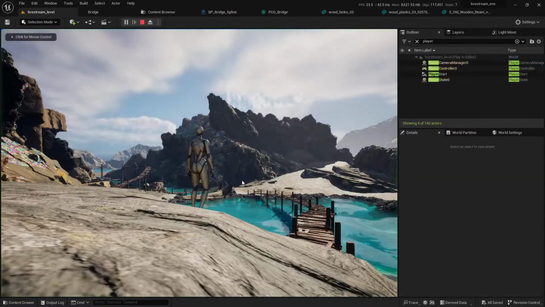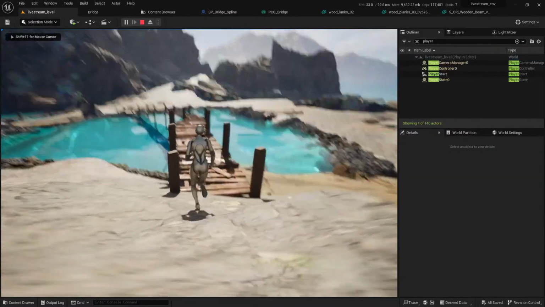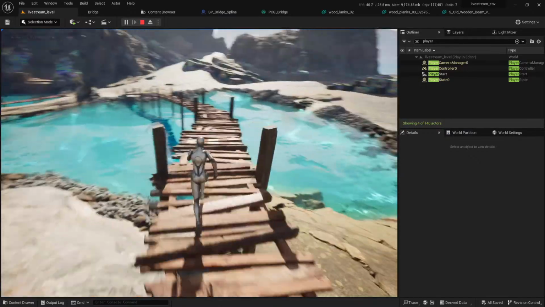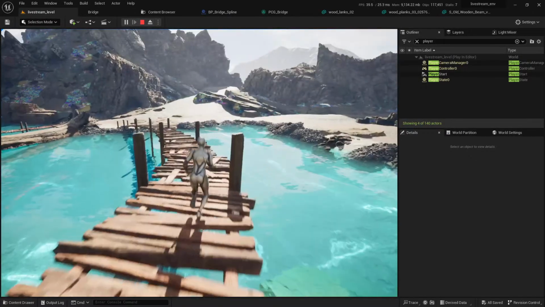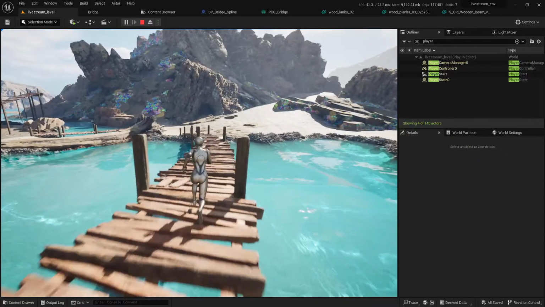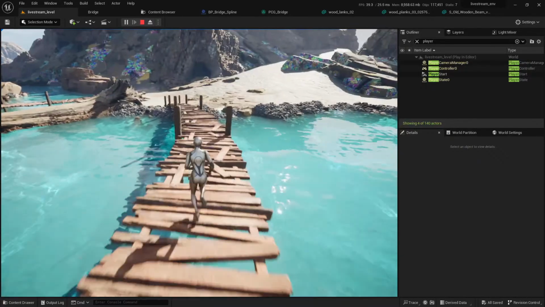Let's play again, just to check the flow of the game. Making environments is nice, but if you can play with them, it's even nicer. So one thing about the level design here is that my bridge is so long